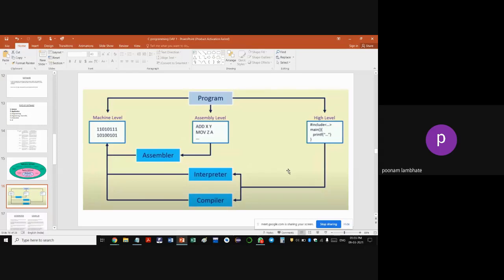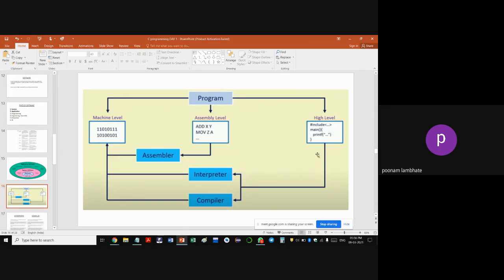It has certain syntax that has to be converted into zeros and ones so that the computer can understand. Otherwise, if we simply write in English statements, the computer will not understand and will not give the desired output. So once we write our program, it needs to be converted into zeros and ones, and then the computer can understand it. In order to convert the high level language to machine level language, we need an interpreter or compiler. Depending on the programming language, they will use either an interpreter or a compiler. Python uses an interpreter and C++ uses a compiler.